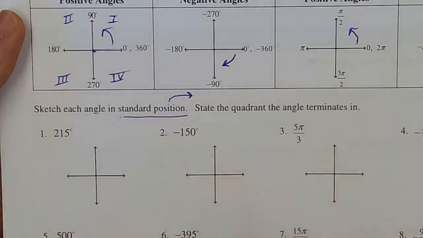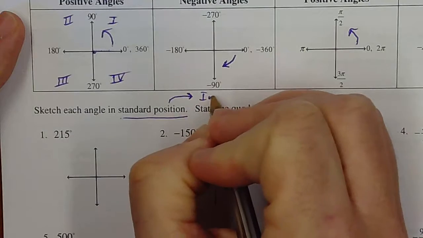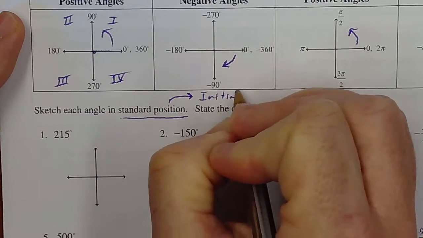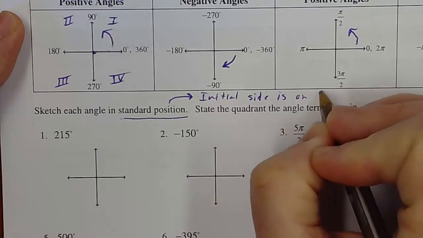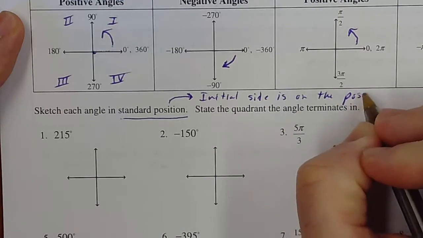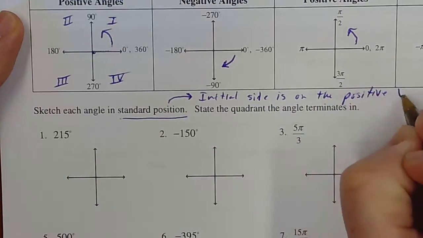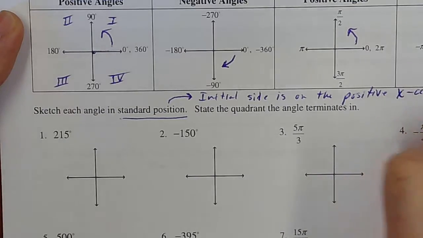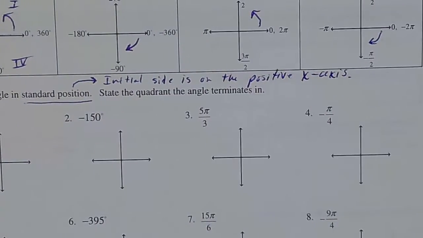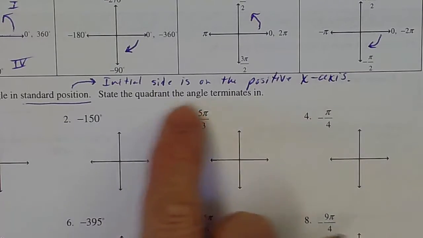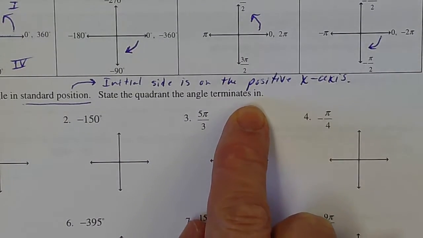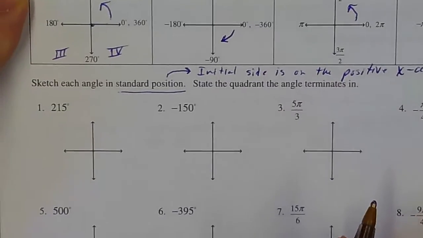Standard position means initial side is on the positive x-axis. Initial side is on the positive x-axis. And then state the quadrant where the angle terminates in. Okay, so if the initial side is going to be there, here's what I want you to do for number